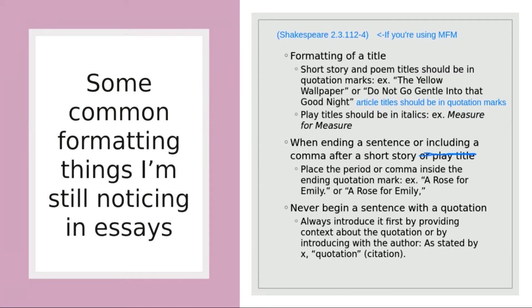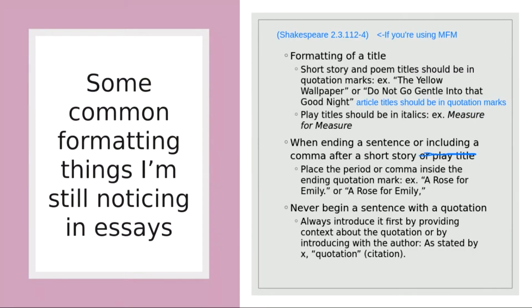So you want to make sure that you follow these MLA conventions. And if you were to Google them, you'd be able to see that this is how you do it as well. So it's not just me coming down hard on you, but you'll lose a point for having the comma in the wrong spot, just little things, but those points can add up, right? So you want to make sure that you do that.